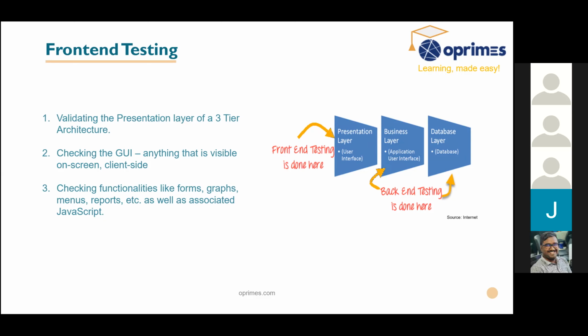Okay, so front-end testing is basically done only on the first layer of the tier, which is the presentation layer. Whatever you are seeing in a web application, it can be a form, a graph, a menu, or any switches or toggling between pages. Everything you are seeing, the expected functionalities will be given, and your responsibility is to make sure that the functionality requirement is met in the development of the presentation layer or not.